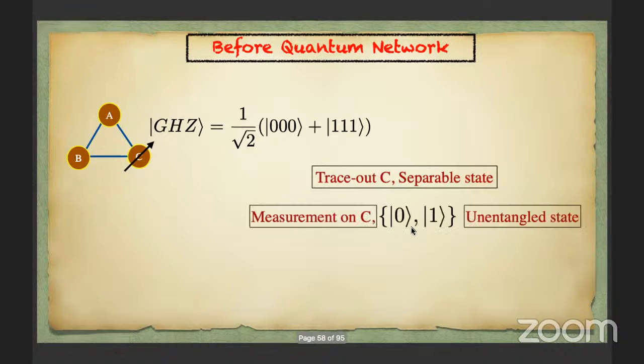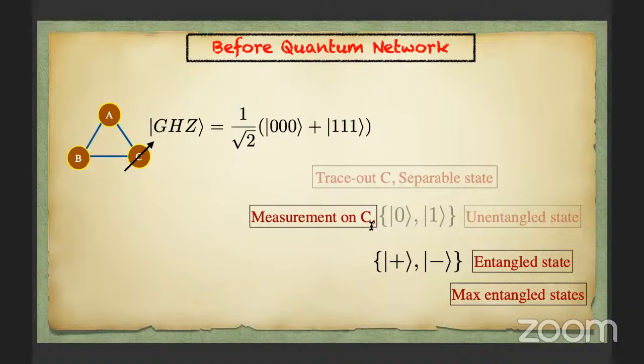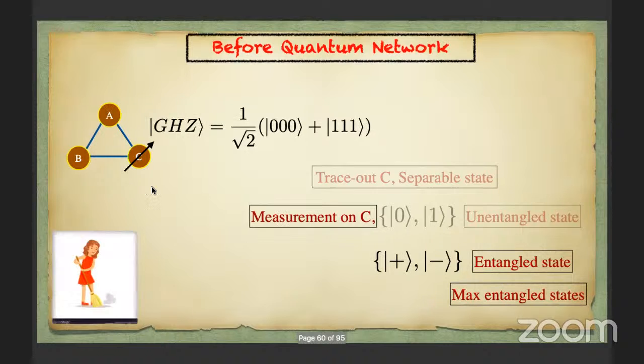correlation measure is 0. On the other hand, if you perform measurement on C, then you may have something different. Suppose I perform the measurement on C in the 0, 1 basis, then the state is projected to either 00 or 11. So this is an unentangled or useless state. On the other hand, if I perform a measurement in the plus-minus basis, then the state shared between A and B in both cases will be maximally entangled. And so you can somehow sweep the entanglement by suitably choosing the measurement basis on C